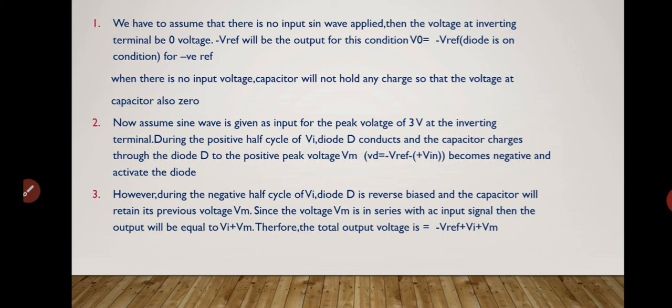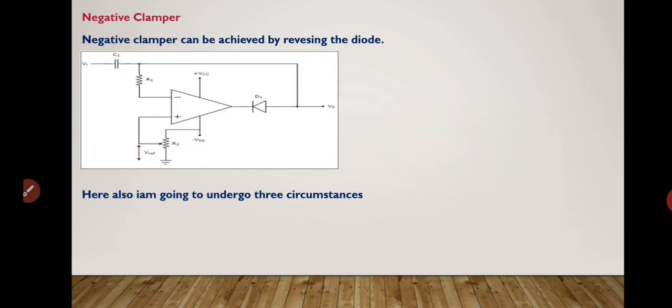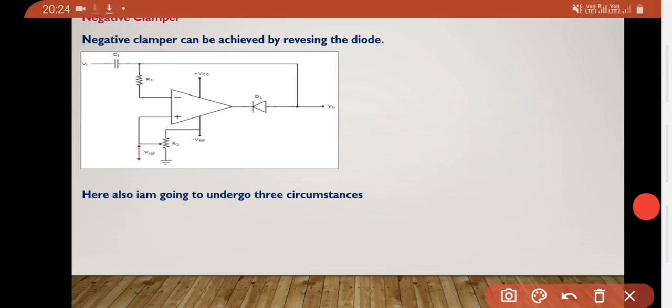Consider the positive half cycle. The diode will conduct and the capacitor charges through the diode D to the positive peak voltage. How it conducts, I will explain that. Whenever it is the positive half cycle,